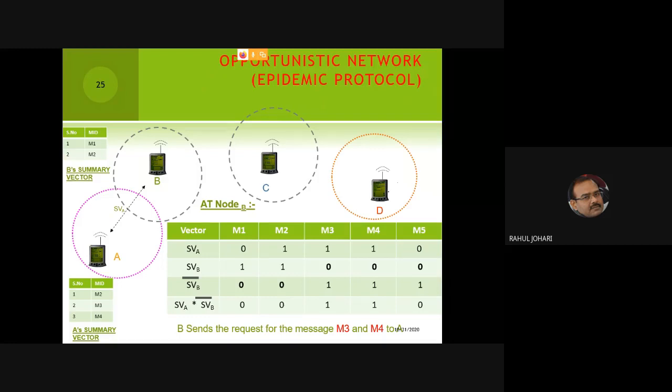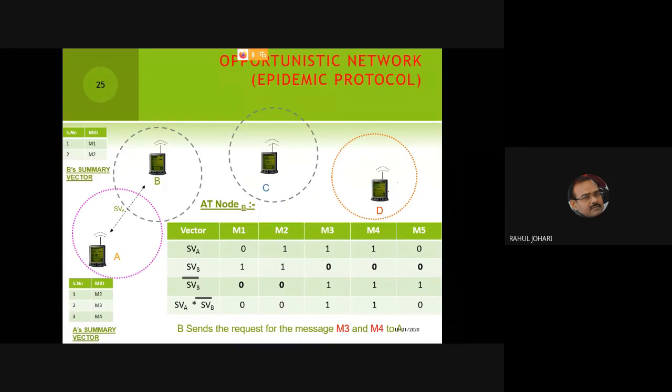Let's take this example to have a good understanding of it. It is based on the epidemic routing scheme. We have one cluster having two nodes, A and B, in overlapping transmission range. Then we have another cluster with node C, and a third cluster with node D. Now these two nodes, A and B, would like to exchange messages. One option was that node A loads all its messages to B and B gives all its messages to A. That will increase the buffer space usage; the messages will eat up the buffer space.